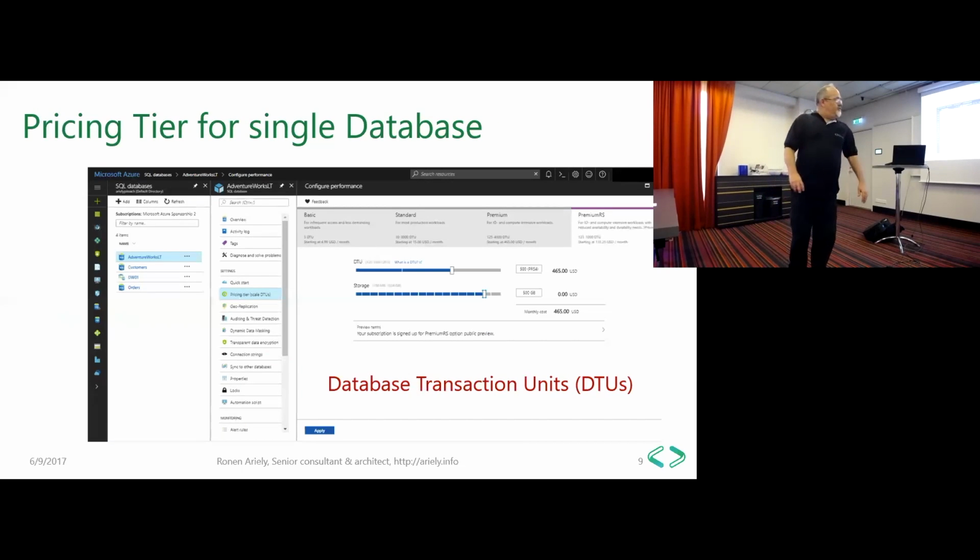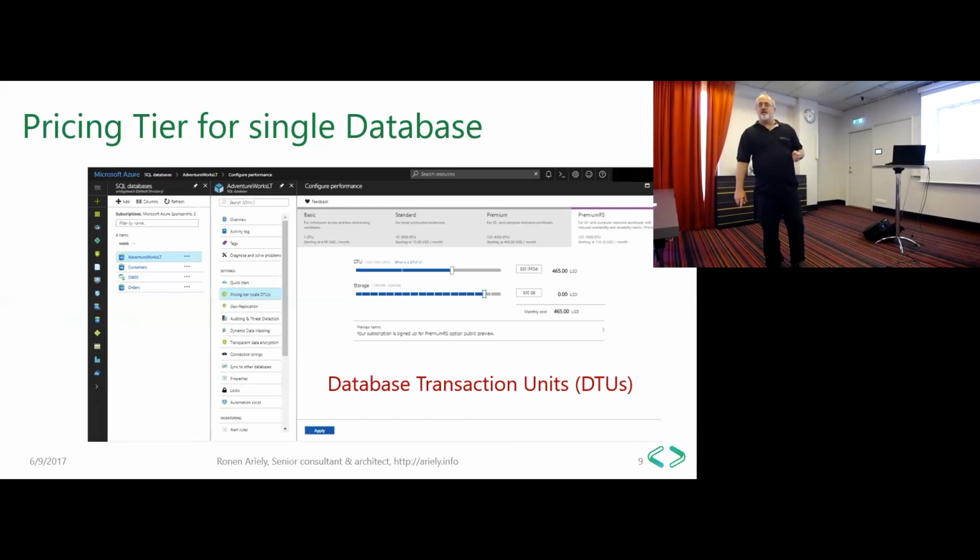When we manage Azure SQL Database, we first of all need to choose the pricing model. We can use the old and familiar model, which is using Database Transaction Unit, DTU. And there is a new option which is based on vCore. I will mention it at the end, so don't ask about this option.